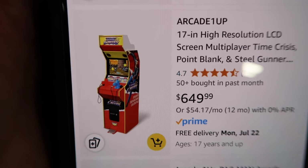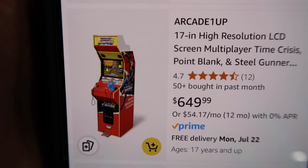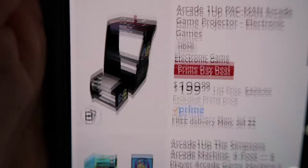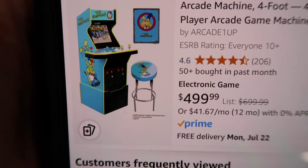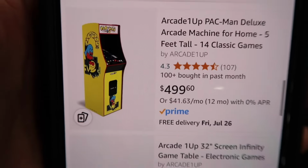Amazon's going to change some of their pricing. Earlier today, it was sitting at $549. So that's why I'm going to wait till tomorrow to see if anything changes. But look, at Simpsons, $50 cheaper on Amazon than Best Buy. Currently at Best Buy, $549.99. So Amazon is,